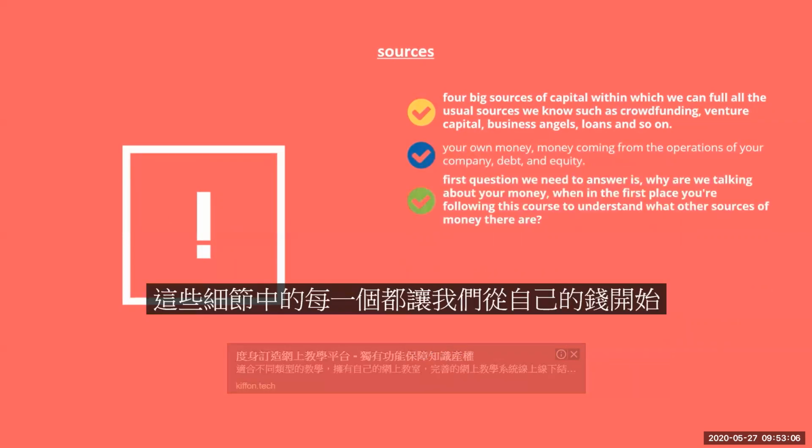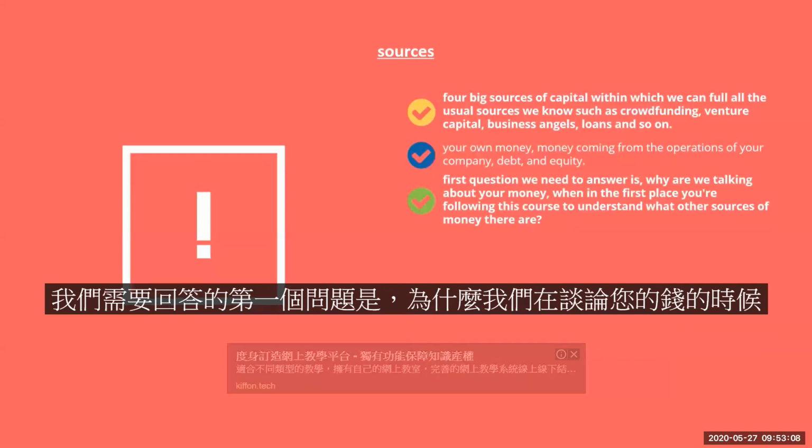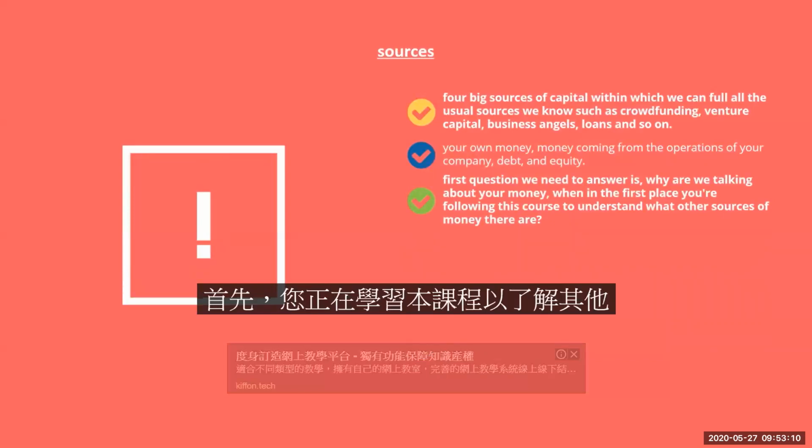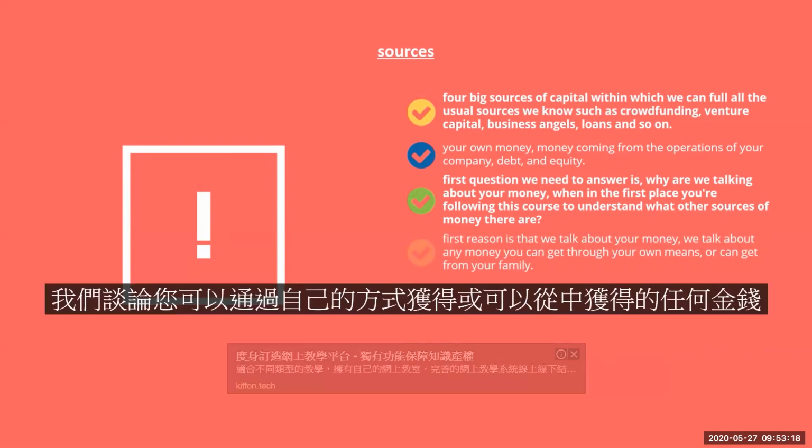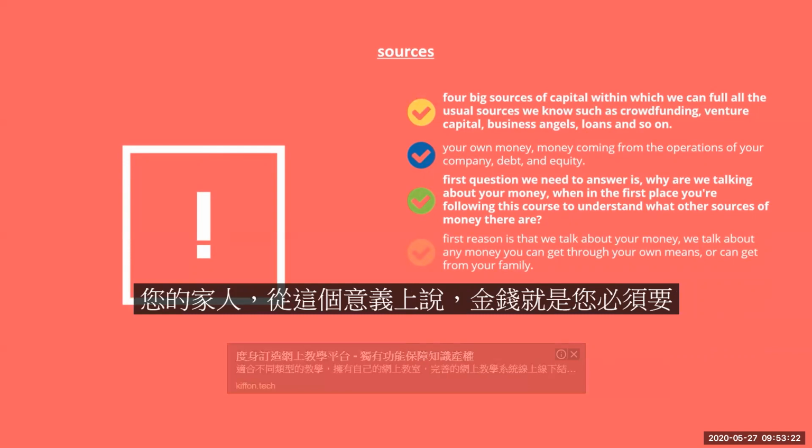Let's start with your own money. The first question we need to answer is, why are we talking about your money when you're following this course to understand what other sources of money there are? There are three reasons why we need to talk about your money. The first reason is that when we talk about your money, we talk about any money you can get through your own means or can get from your family. So in that sense, it is money that you will have to ask for,